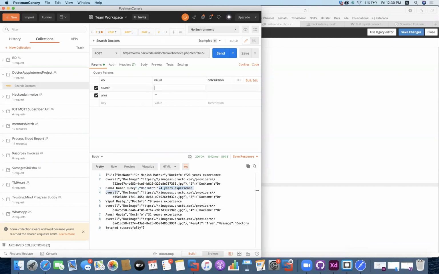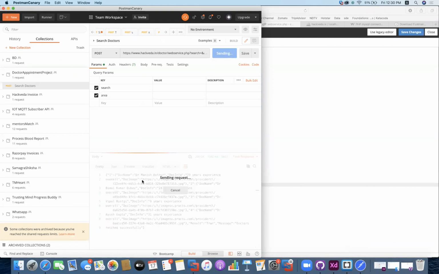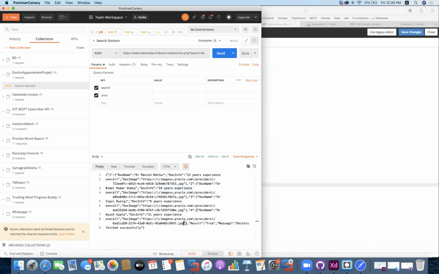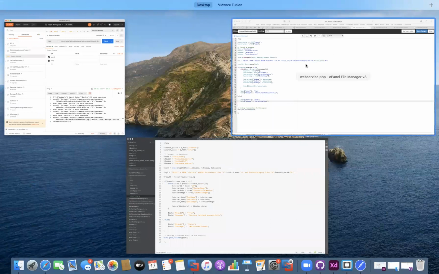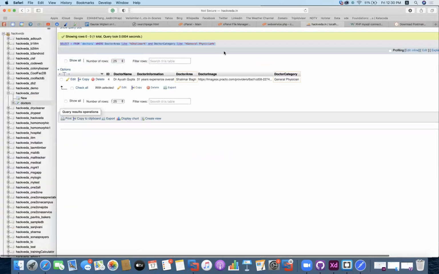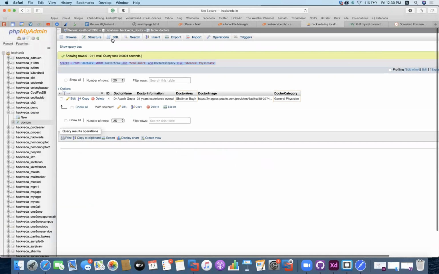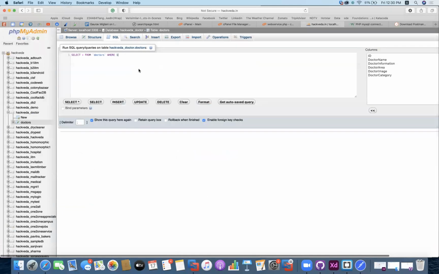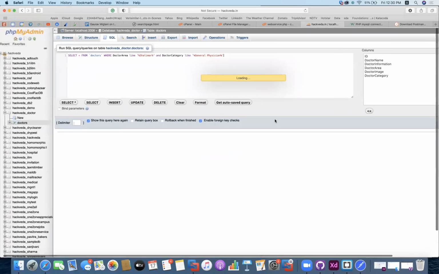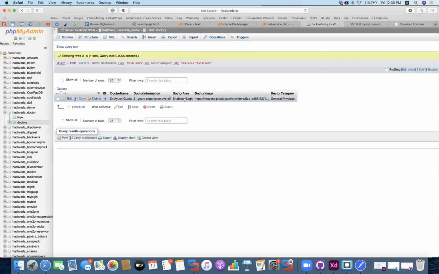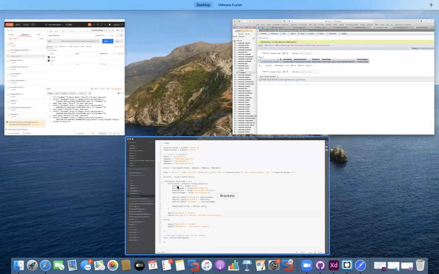But this is quite strange. We are getting, this should not happen actually, because when I was testing it here, I've used the same query. And when I search it here, so I'm getting the correct response. Select star from doctors where doctor area like Shalimar and doctor category like general physician. So I got only one response in return. But when I'm executing it in the code,